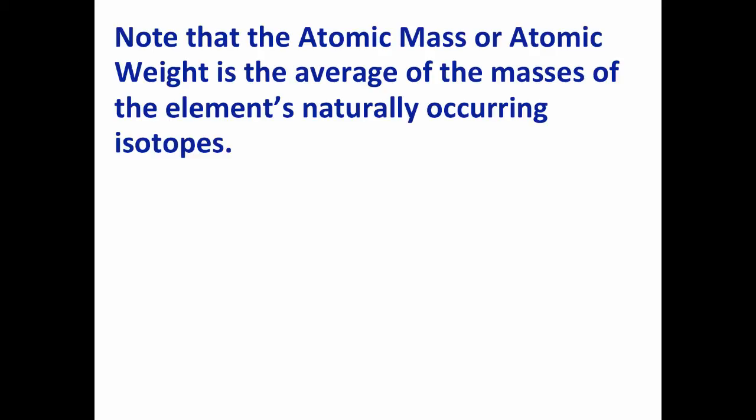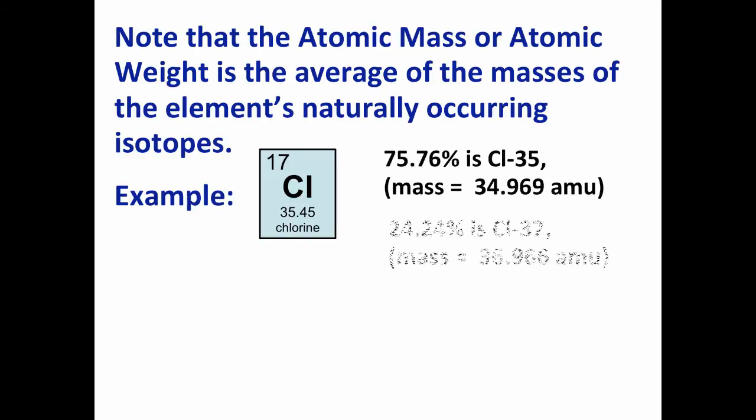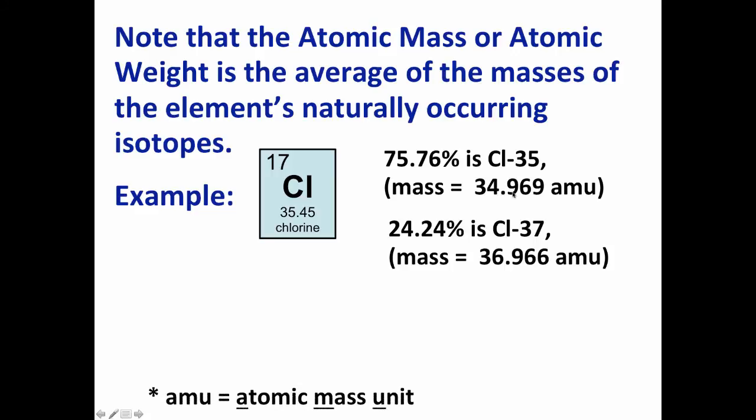So here is a summary of that idea. What's called the atomic mass, or sometimes atomic weight, is the average of the masses of the naturally occurring isotopes of a particular element. And let's do an example of this with chlorine. And we'll use chlorine because it has 2 naturally occurring isotopes, chlorine 35 and chlorine 37. And notice that naturally occurring chlorine is about 3/4 chlorine 35, and atoms of chlorine 35 have a mass of pretty close to 35, 34.969, a little more precisely, in what are called atomic mass units, symbolized AMU. And then the remaining about a quarter of the chlorine is chlorine 37, has a mass of almost 37 AMU,